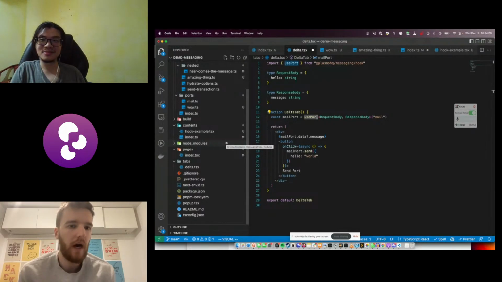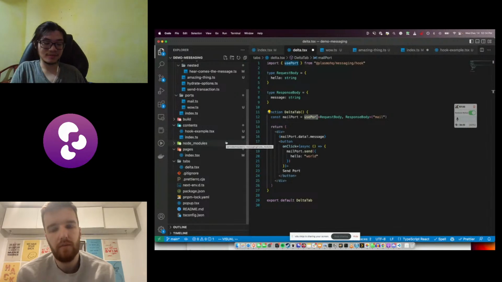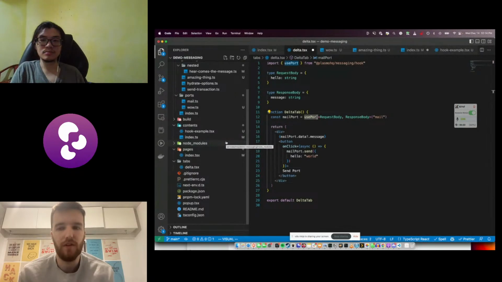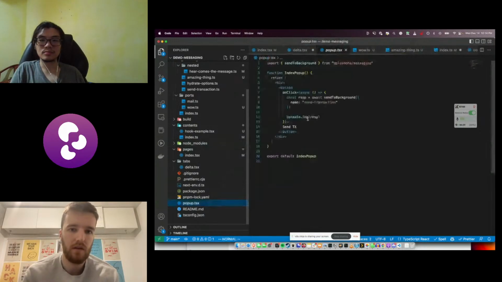Yeah. I think for a lot of people's use cases, this is going to significantly help them out. And then I guess we're going to have to think more about the other way around, right? How does the background service worker communicate with the tab? Like tabs.sendMessage rather than runtime.sendMessage. Okay, here's the pop-up, by the way.